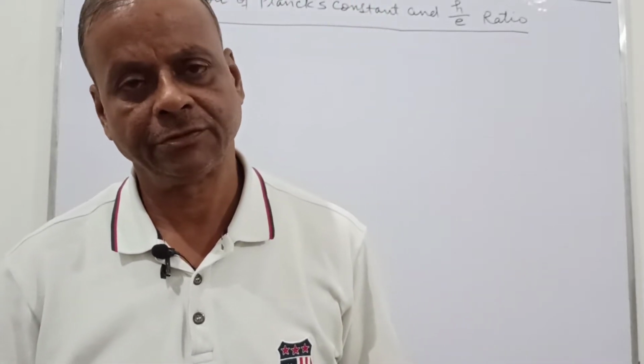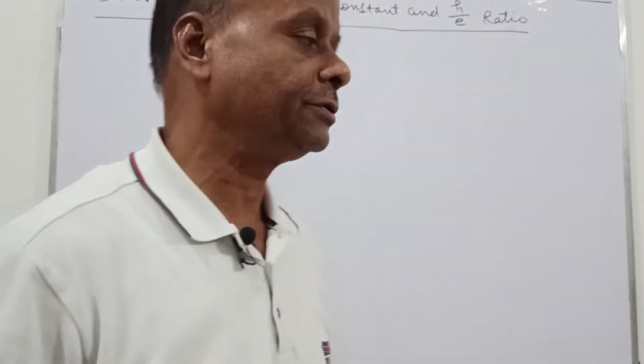Today I will tell you about the experimental determination of the Planck's constant and the ratio h upon e. The photoelectric equation that was given by Einstein helps us to find the ratio h by e and the determination of the Planck's constant. So the photoelectric equation